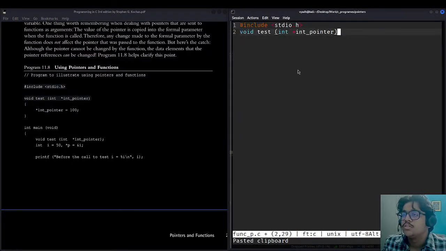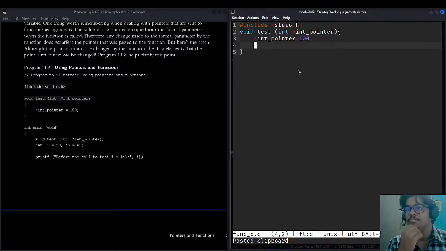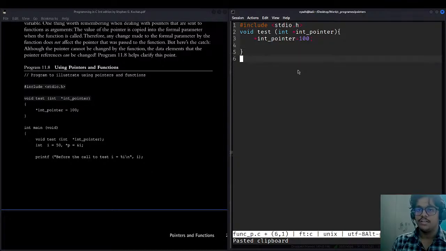Okay, so we have made a function here named test, and we have passed 2 arguments, int and pointer int. So what we are doing exactly? We are setting the value of int pointer 200. Pointer 200. Okay. Now we are defining the main function, that is int main void.